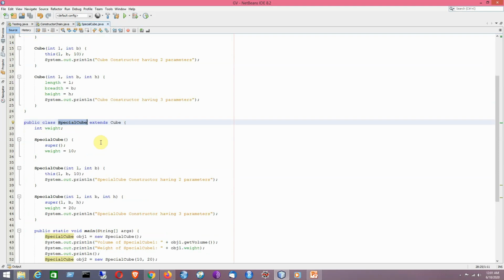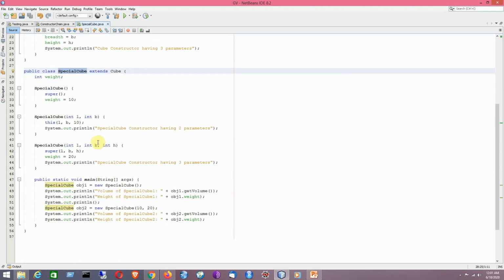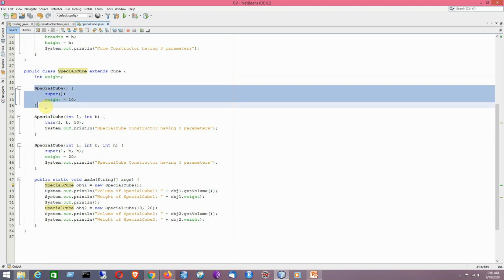So now look at the program here and try to understand what's going on, and at the same time I will be trying to explain the output of the program. So first we are trying to create an object of the special cube class. So that means what? The control will be first transferred here. This is the default no argument constructor of the special cube.